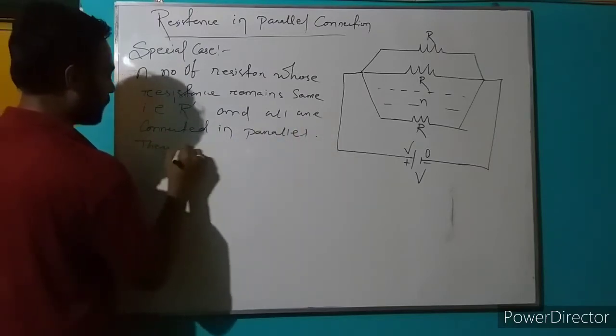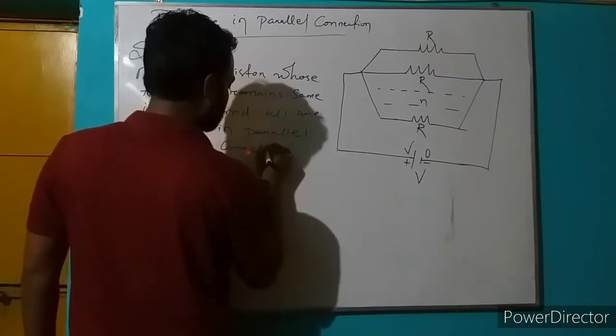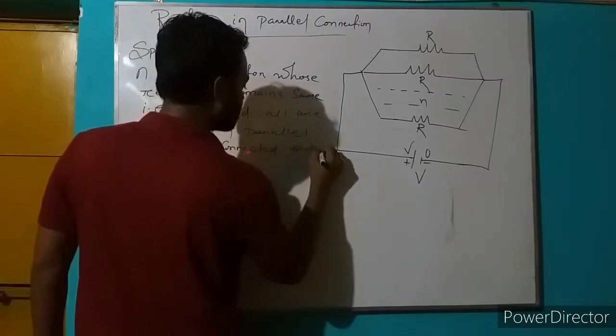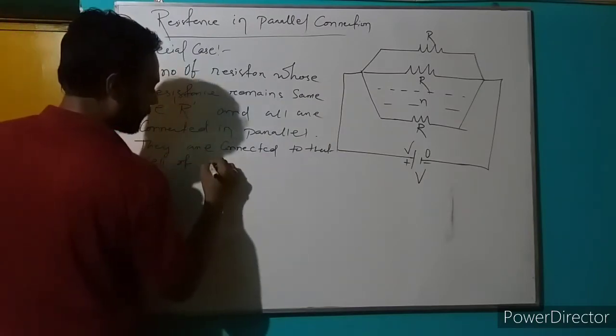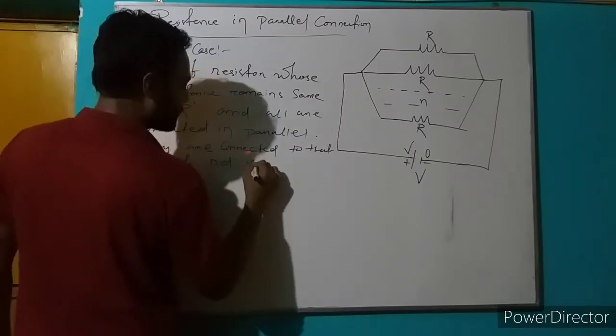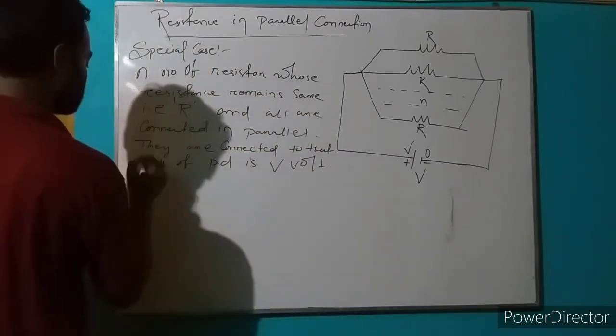They are connected to a cell of potential difference V volts. Clear? Therefore, the net effective resistance